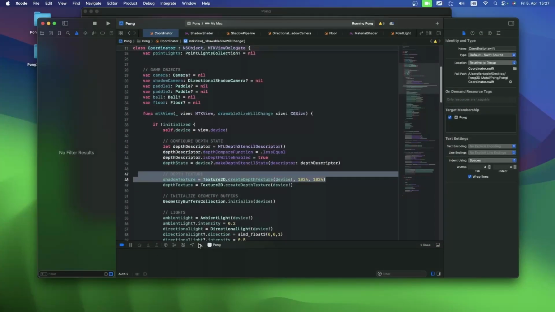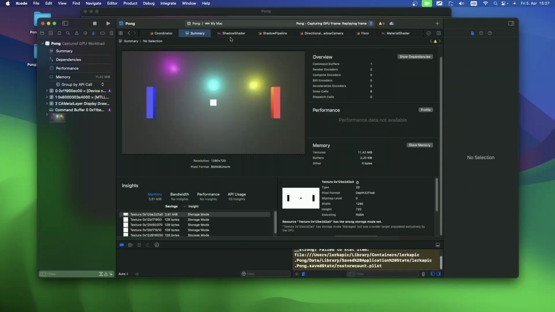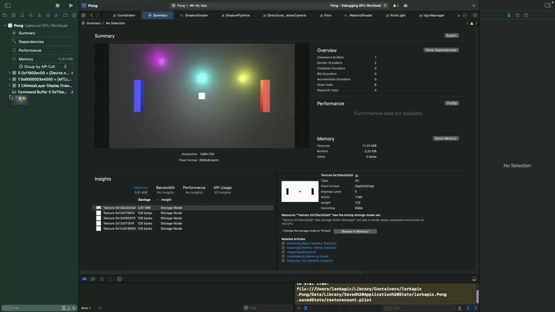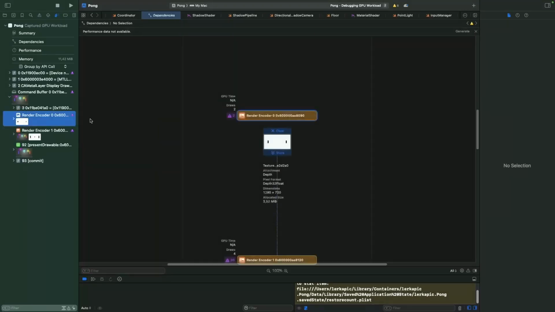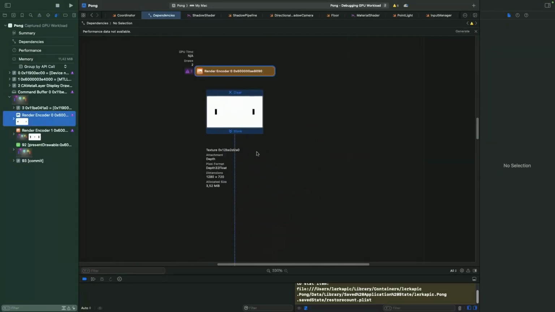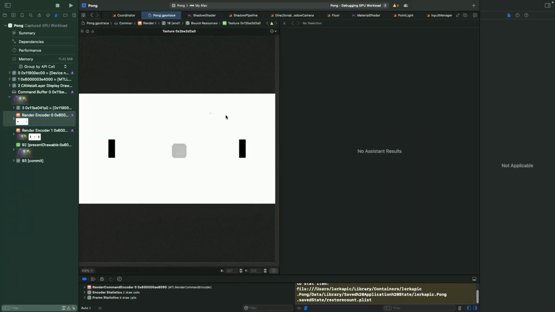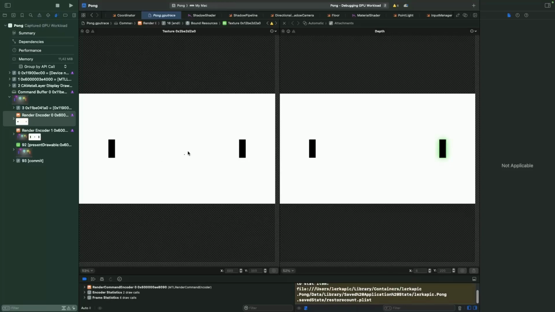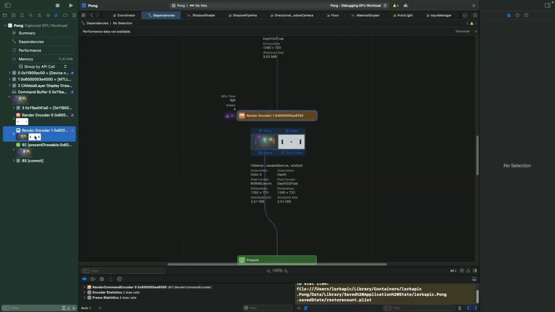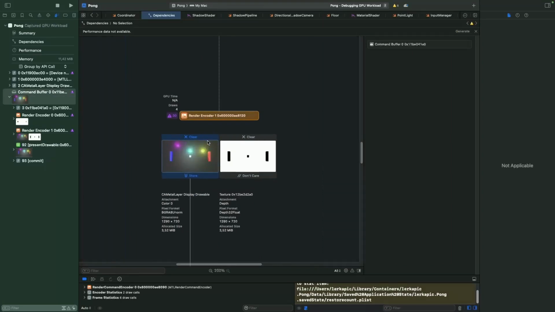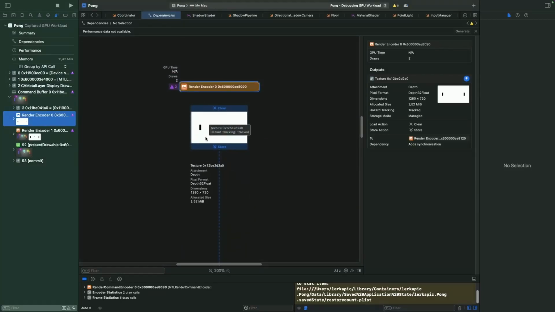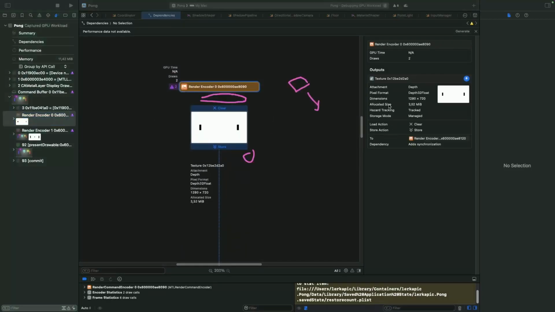So we're rendering, and let's capture this. So let's inspect that now. Okay, you can see we have two render passes, right? So here is the first one. We just drew, maybe I can somehow enlarge this. We drew two pedals. We don't see the cube yet, right? But in the second, where we're rendering the whole scene, we can actually see this cube here as well. So now we have a texture, right? And dimensions,